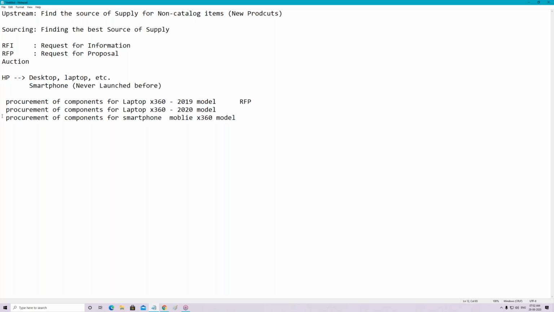Okay, let's go ahead with this new model. Let's say the 2020 X360 has not been launched in the market. Now, when you are trying to procure the components for the X360 2020 model, it is not launched in the market. That's the first thing. Second thing is, do you think the same components from 2019 will be carried over to 2020?